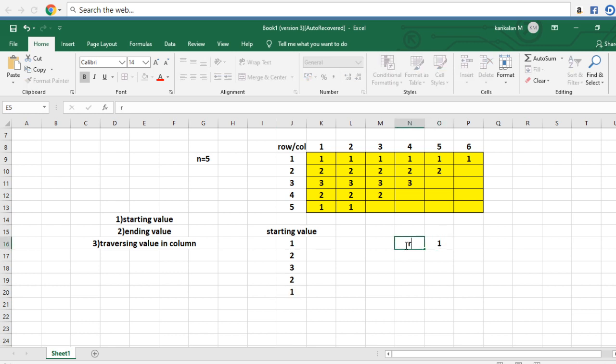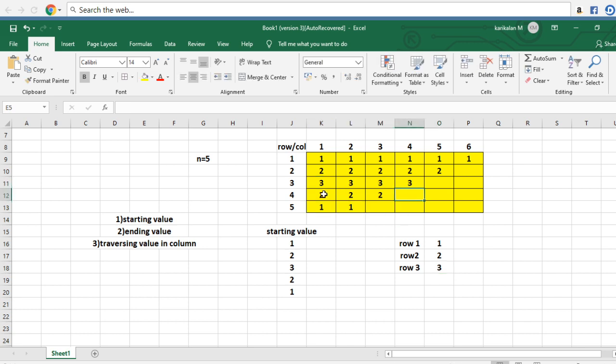If the row value is equal to 2, the ending value is 2. If the row value is equal to 3, the ending value is 3. But after these three, it will change.